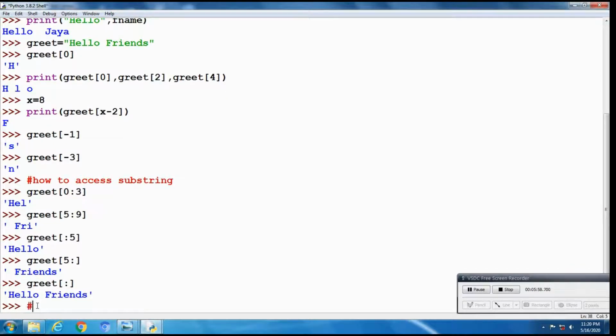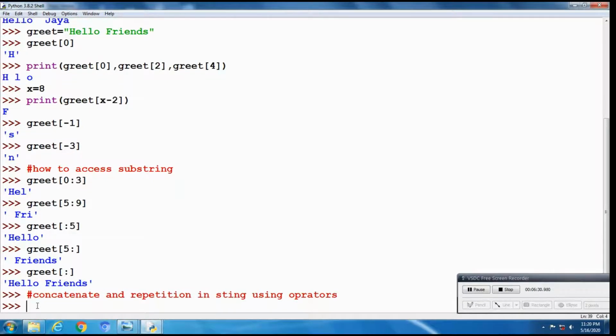Next one is the concatenation and repetition operations in strings. Concatenation means addition, joining, and repetition uses the star sign to repeat. See this example. The operators are: my plus class.